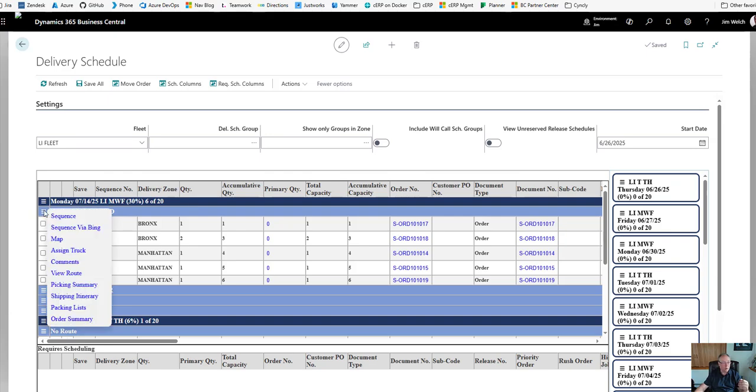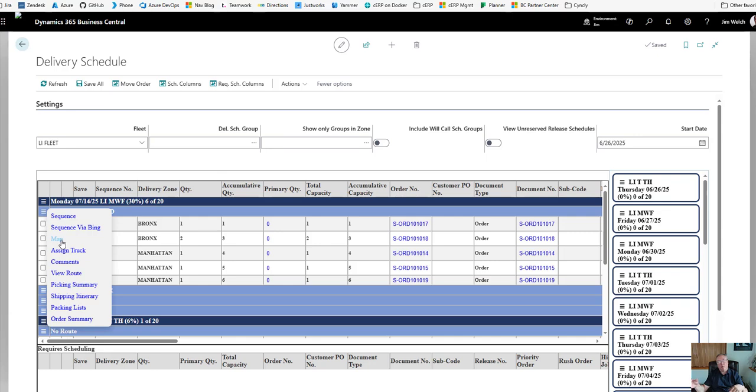So you go in and you say sequence via Bing, or you would go to the map and do sequencing via Bing manually through the map. So we added this option so you really don't need that Bing integration. Again, if it doesn't really apply to you,